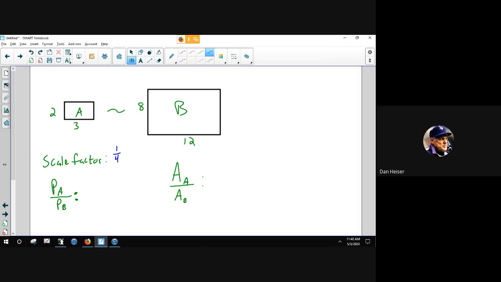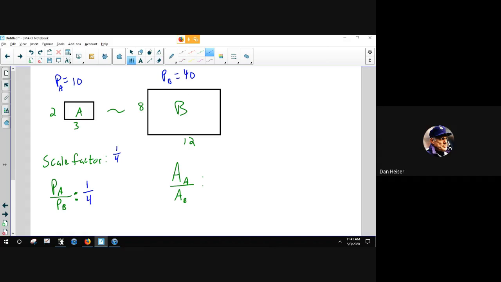The perimeter of A is going to come out to be 12. The perimeter of B, we can figure out, is 40. So something is not, no, that's wrong. I'm multiplying. Perimeter of A, let's try 10. That's much better. Perimeter of A is 10. 2 plus 3 is not 6. So the ratio of our perimeters